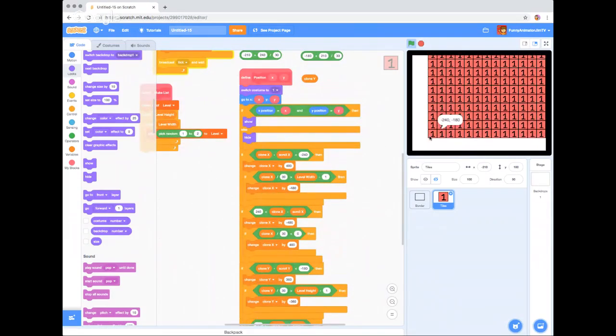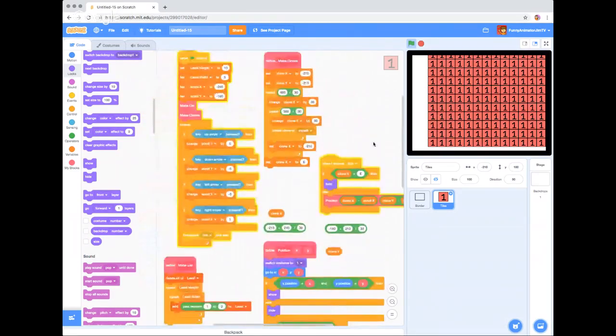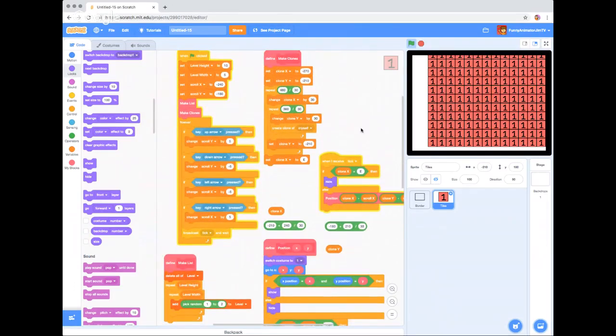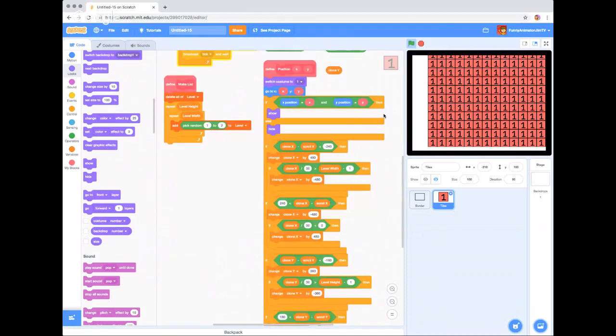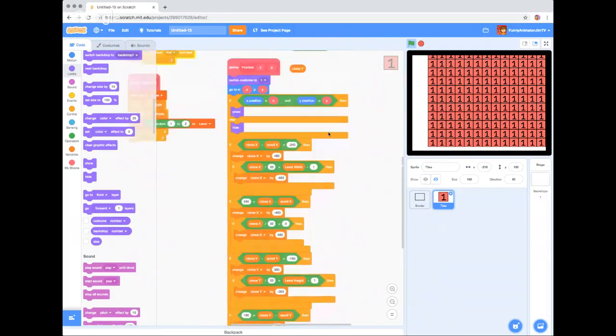Okay. Wait. No, I don't know. I don't need to do that. If X position equals X and Y position equals Y. Oh, I can just